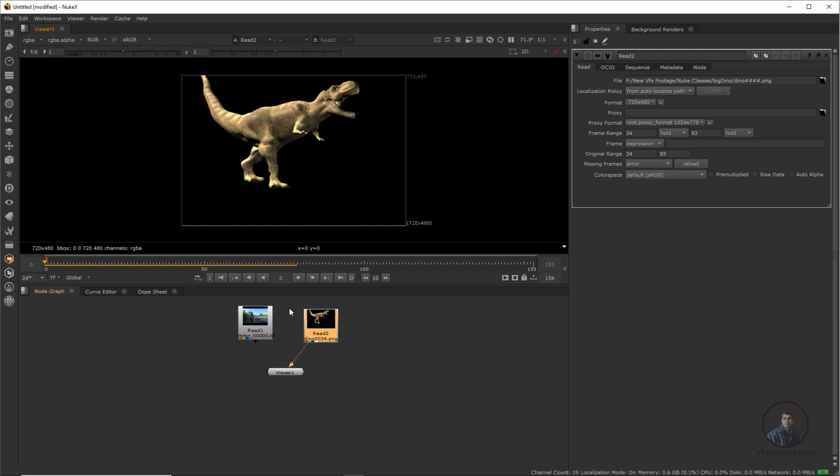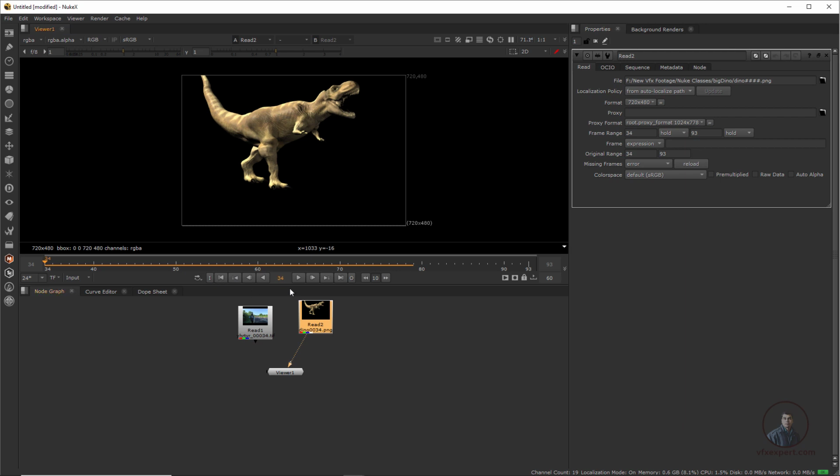Now suppose you want to play your footage according to its own range, then you can switch from global to input. Global means this is our main timeline or compositing timeline. This is important, remember this one. In Nuke, whatever we do happens on this global timeline. But if you want to switch your timeline according to your footage sequence, simply switch it to input. This will automatically switch the timeline according to the input. Now you can see it starts from 34 and goes towards 93, because this footage starts from 34 to 93.